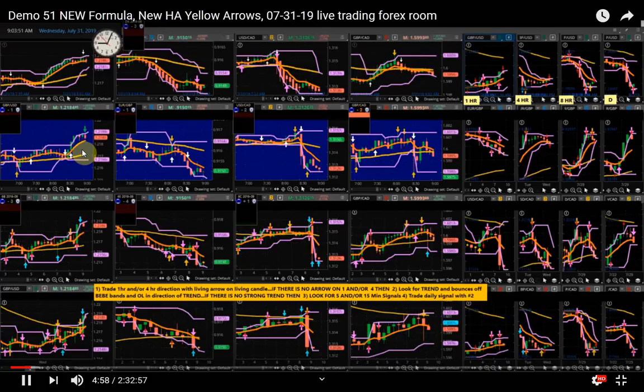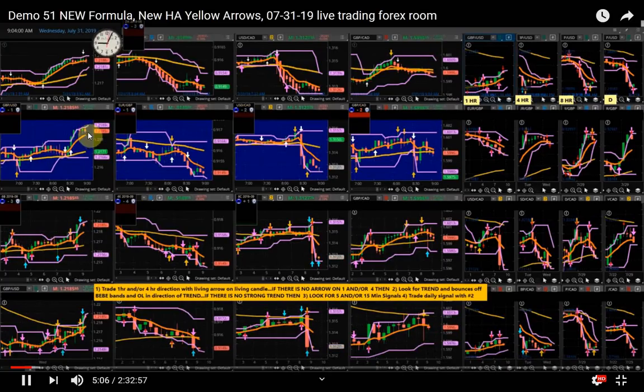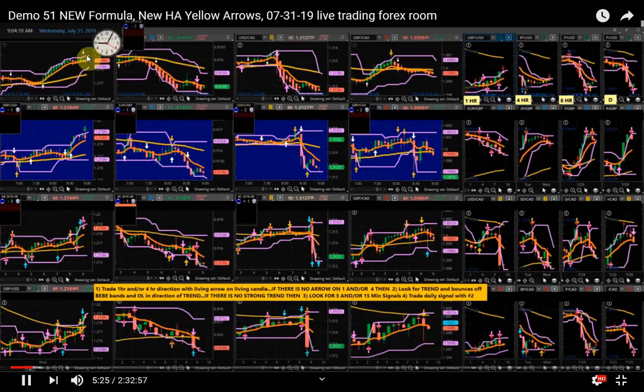Yeah, so it's coming down, so you're actually in the green here. You're winning this down trade. All right, and another thing, guys, if this carries on going down and it doesn't offer you the opportunity on the HA chart to take it up, then don't take it up. If this starts coming down and goes about, I don't know, 10 pips or whatever, then that's a win for me. It's not worth taking another trade to the upside if it's still coming down and you've got like 10 pips profit. You might as well say to yourself, if a signal appears now, I'll close that trade because it's 10 pips. Okay,